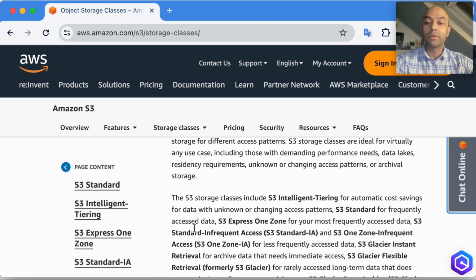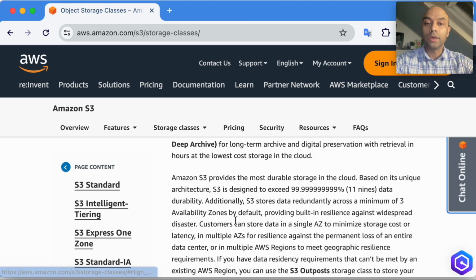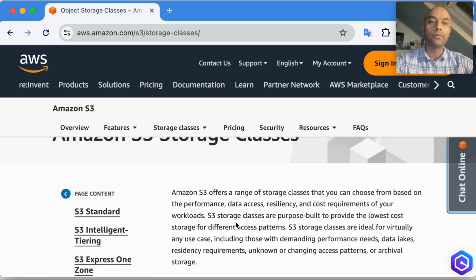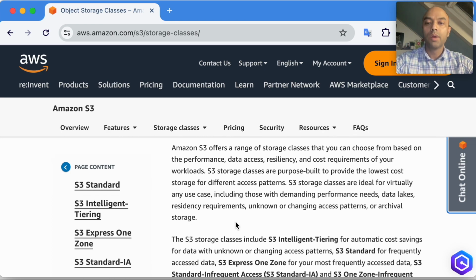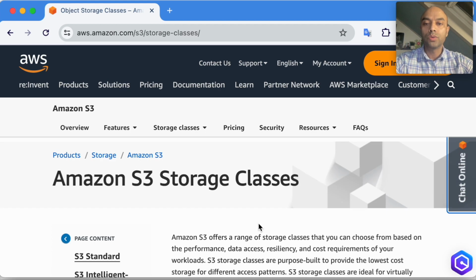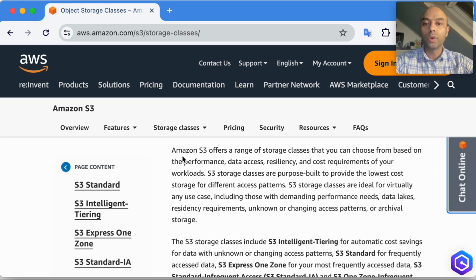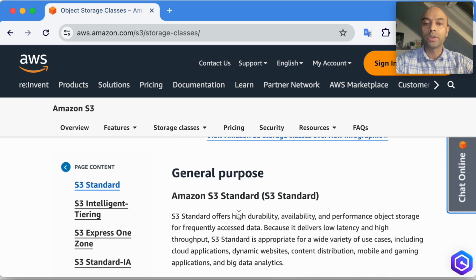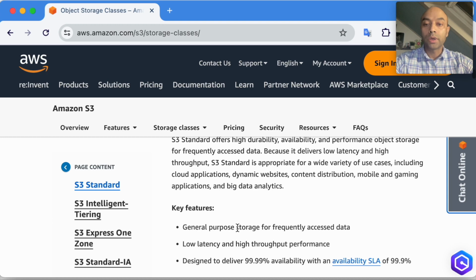I encourage all of you to read through these, and when you have questions just come back to me, because the idea of this lab is to start with S3 Standard, where we will create one bucket and later mount that bucket to one of the EC2 instances. But I really recommend that you go through what an S3 bucket is and what these different classes are,